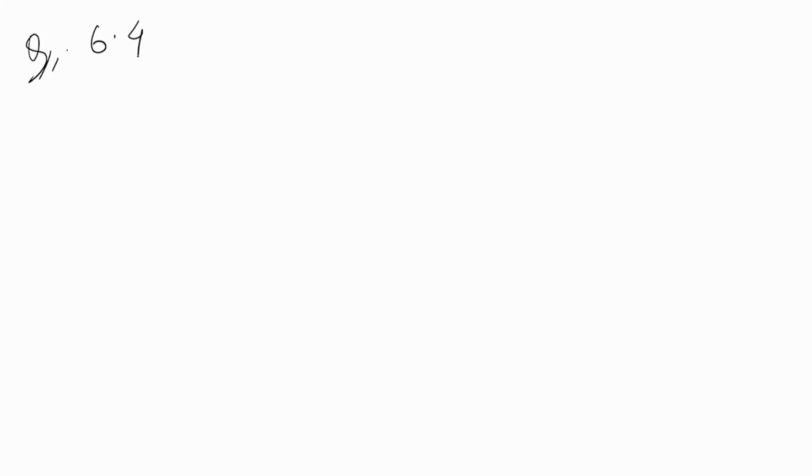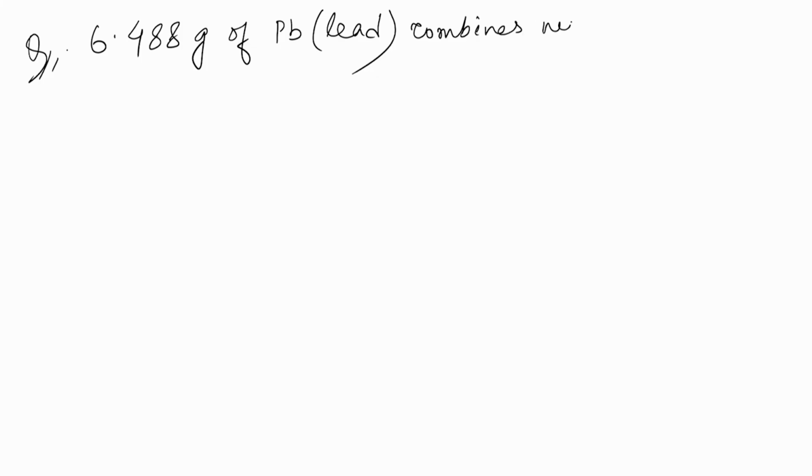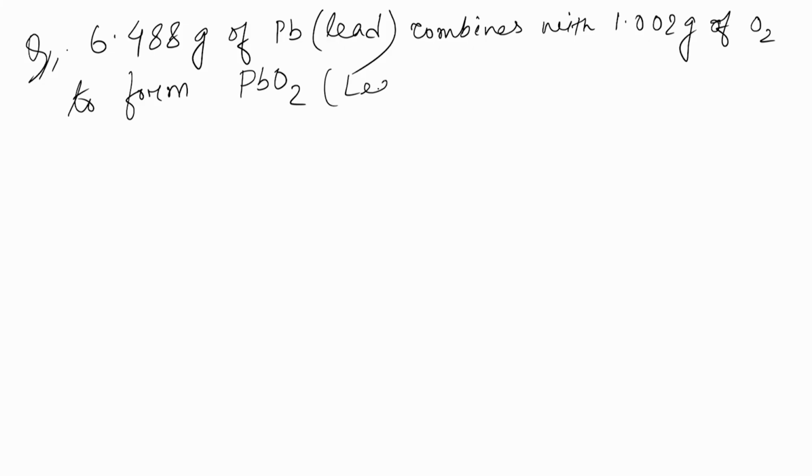So, the next question is, 6.488 grams of lead combines with 1.002 grams of oxygen to form PbO2, or lead peroxide. PbO2